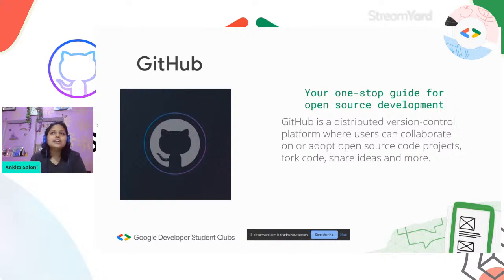So basically, it's a platform where you can host your code, where you can make changes to it, where you can collaborate with people. It gives you access to do anything that you want with your project besides hosting it online, whatever changes you are making.